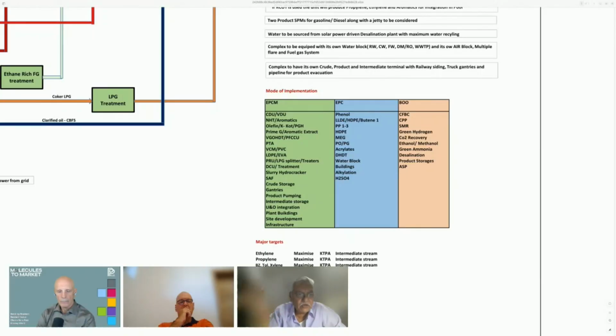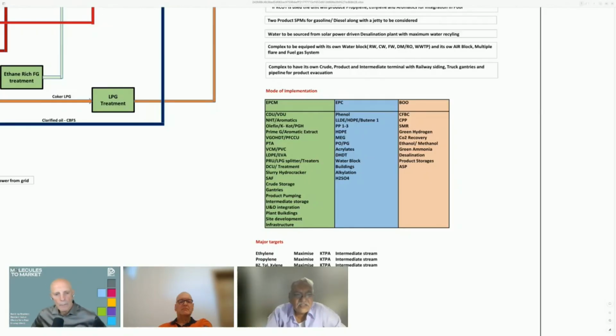So for the overall investment, it is necessary to inform the board as to what is the mode of implementation that one is considering, whether it is wholly EPCM, wholly EPC, or a combination of the two, or part EPCM, part EPC, part BOO, or a combination. Many combinations can be there. EPCM, EPC, part BOO. So all these things, in terms of an implementation strategy, are informed to the board, and